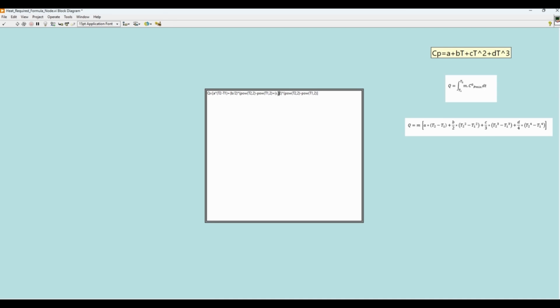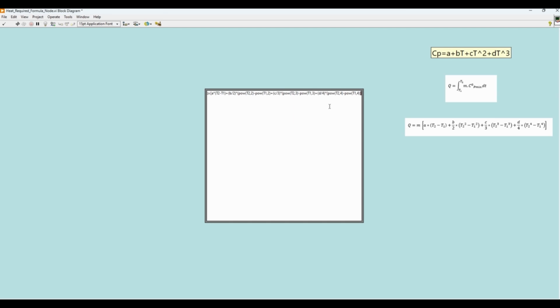So this is C divided by 3, with the power 3, then the next term, D divided by 4, with the power 4.